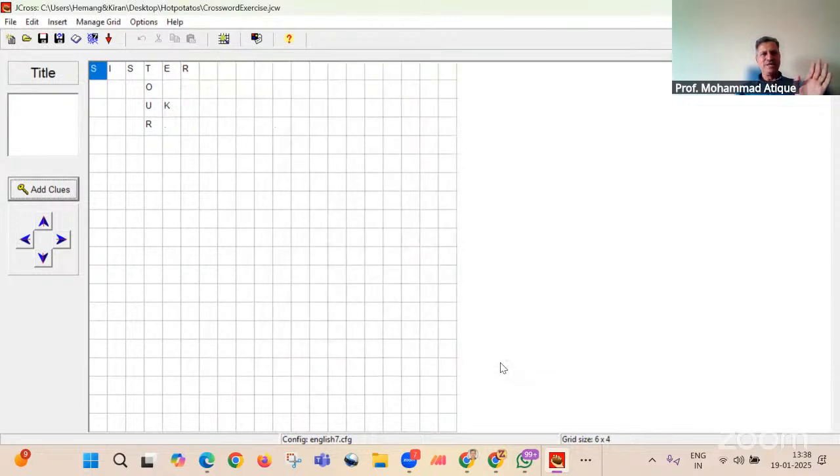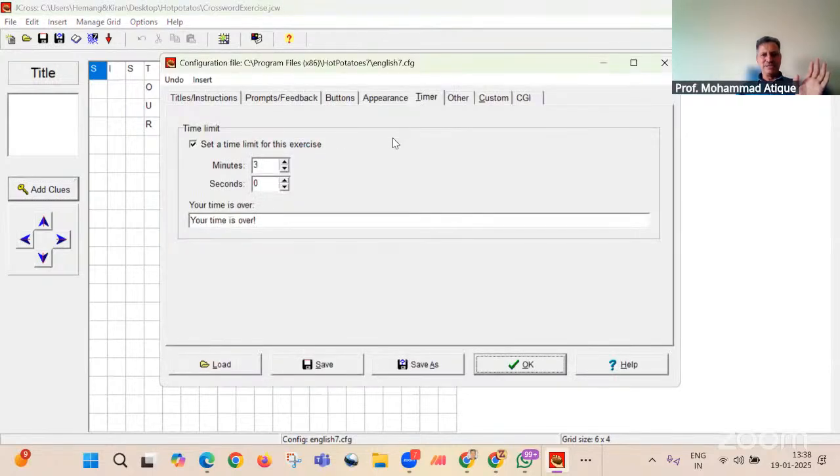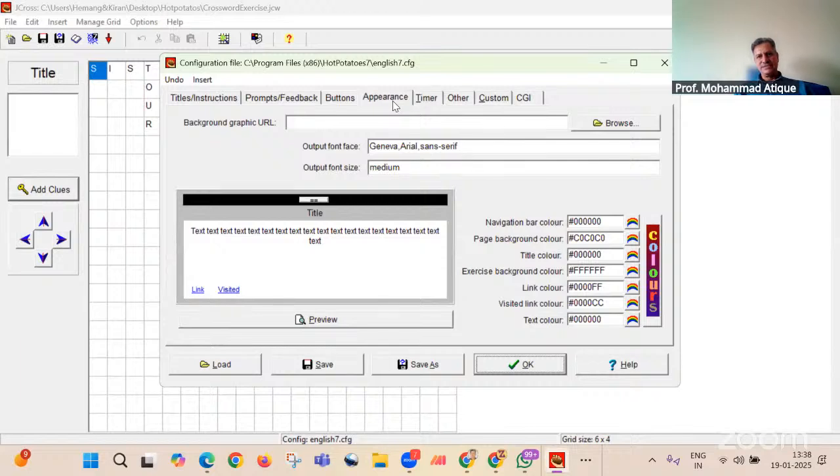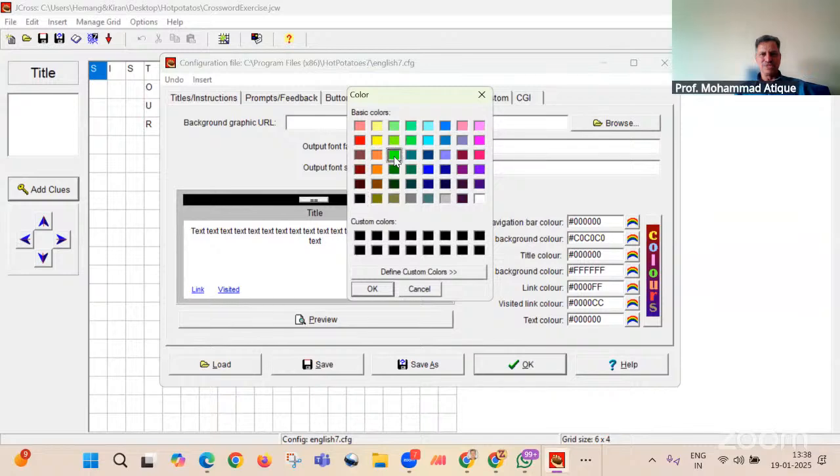Click on OK. Then, the other thing you can do, besides this timer we have set, is click on Appearance. Another tab is Appearance. There are many; even buttons, prompt, feedback, all those things can be done, but I'm demonstrating only a few functionalities. So go to Appearance, and then maybe the background color if you wish to change.